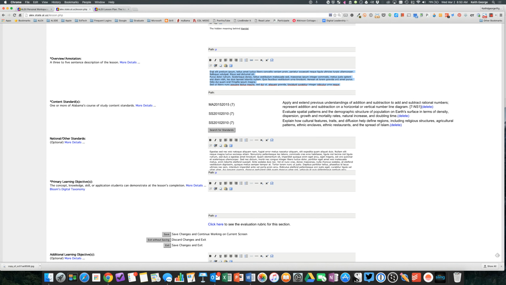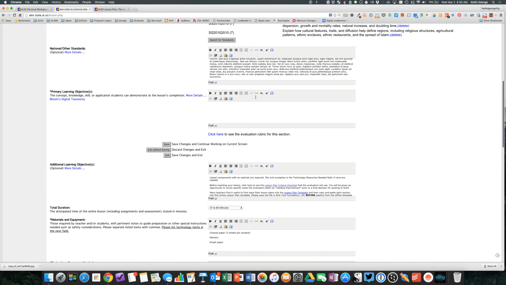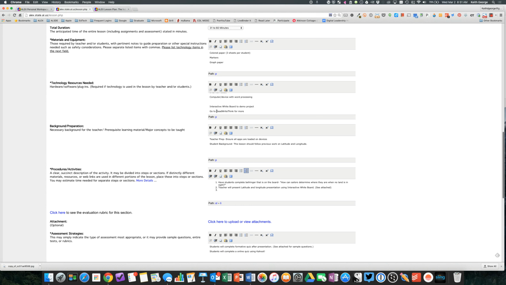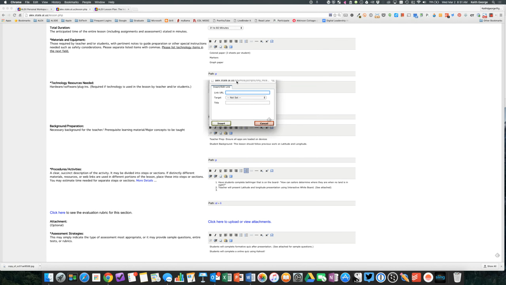You can also insert links. So let's say we wanted to add a link to our technology resources, and maybe we were going to use the Read Write Think website. If we were going to add a link to the website, select the words that you want the link to cover, and then click on this little piece of chain,